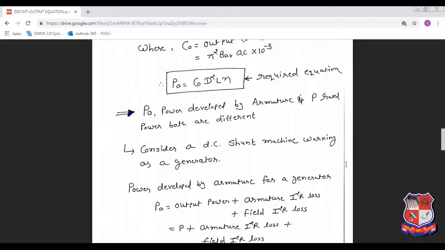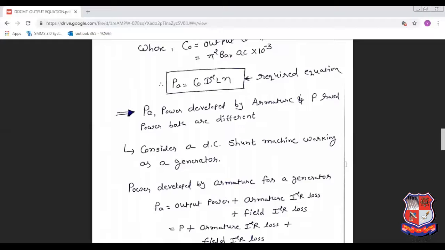But the higher value of specific loading is also limited, because if we select a higher value of specific magnetic loading, then definitely saturation takes place in the iron part. So there are many disadvantages to selecting a higher specific loading. First, we describe the disadvantages of higher specific electric loading. Armature copper loss is increased, commutation becomes poor, the field copper loss also increases, and the overall temperature of the machine is increased and the efficiency decreases.